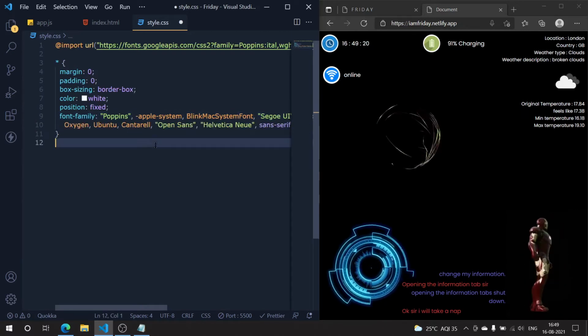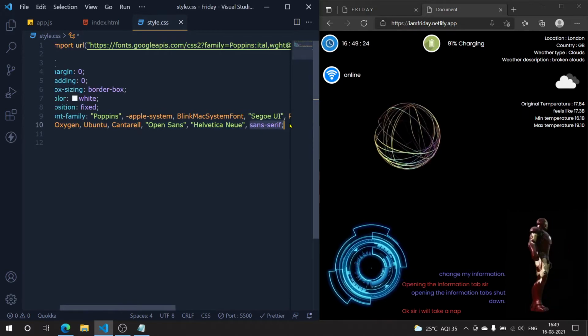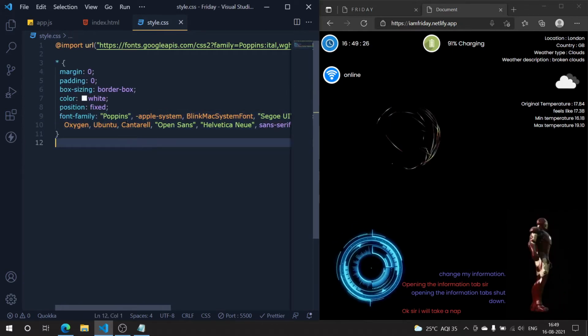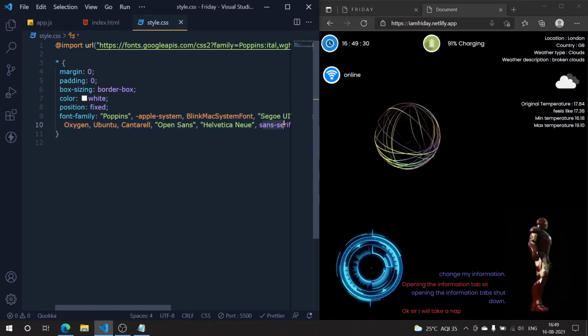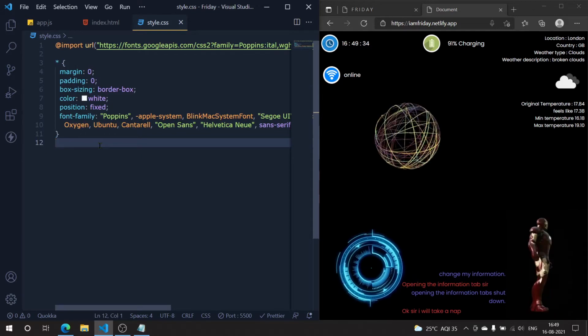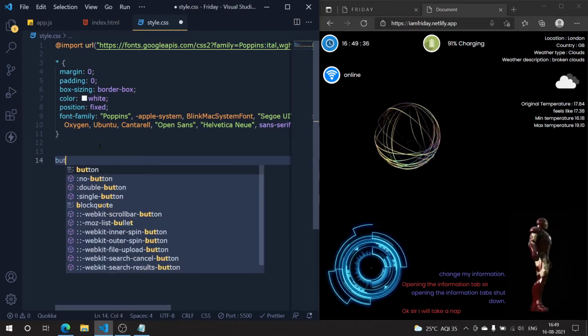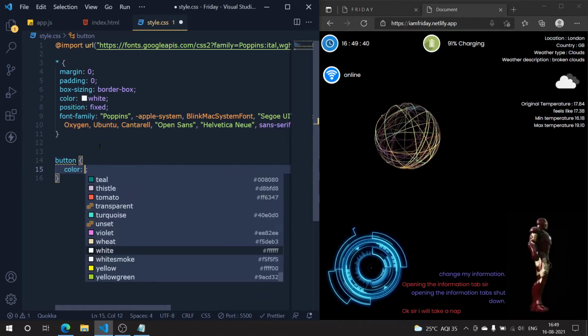And now if I save, it is good. Now we have sans serif at the end, which must be there in a browser. So if any of these fonts doesn't exist, this will simply take place. Okay, fine. After this, let's just style each of the buttons. So button, color, I'm going to give black,